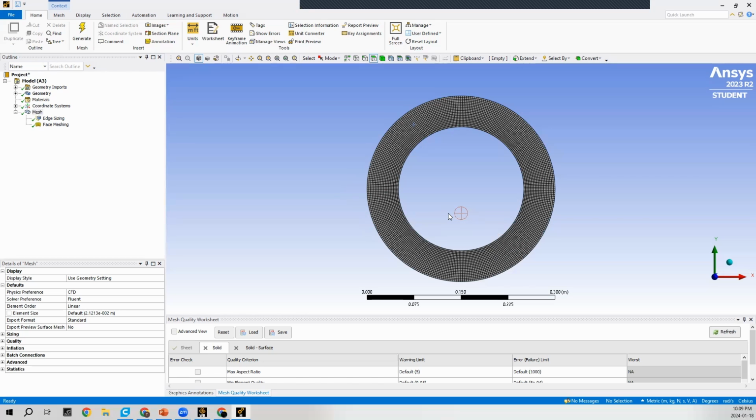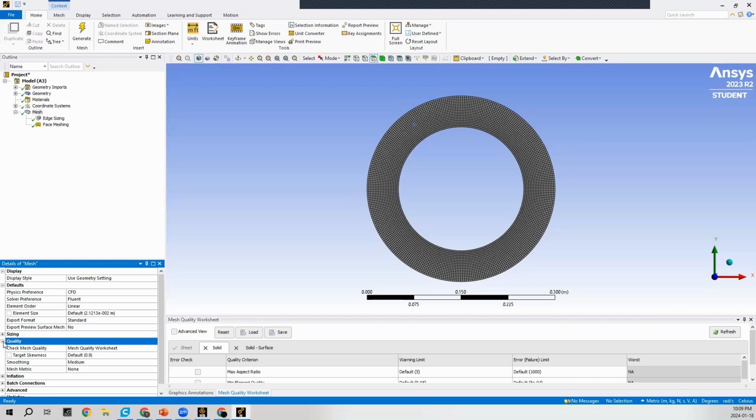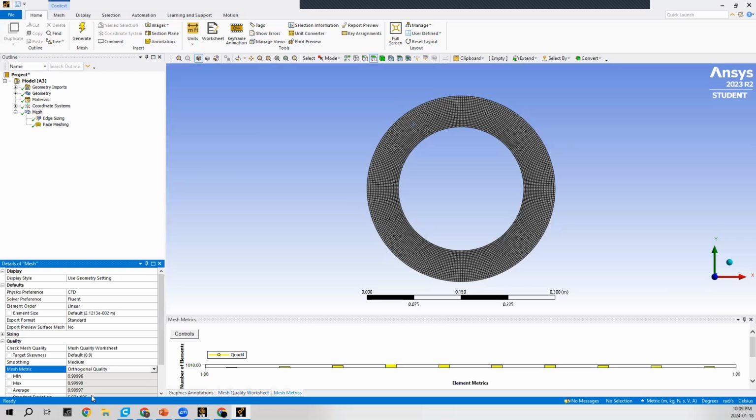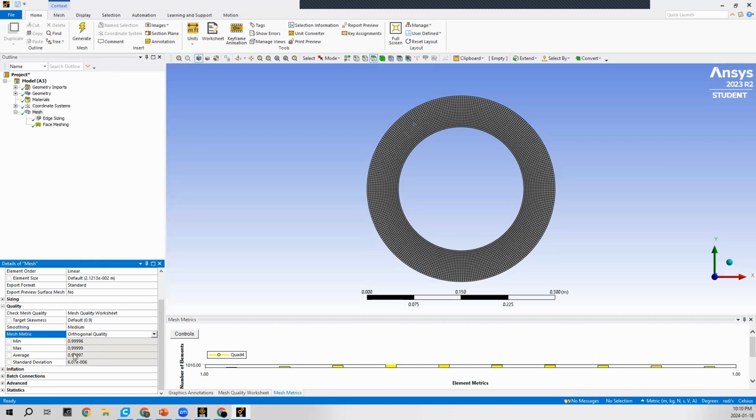We can also go ahead and check the quality of the mesh by going to the quality tab here, pressing on the plus. And for the mesh metric, we can press on none and choose element quality, or orthogonal quality is a better one. And as you can see, we have a little chart that appears down here that shows the number of elements and how orthogonal the elements are. And we can see that all the elements fall within almost 100% orthogonality. As we can see in the drop-down menu here, it's not quite equal to 1, but